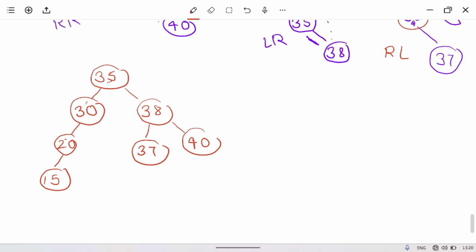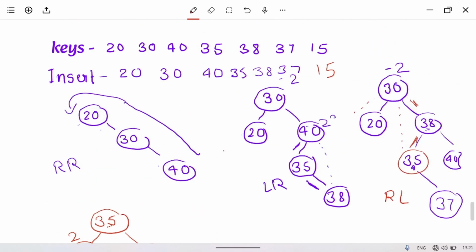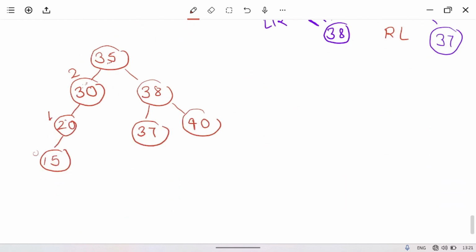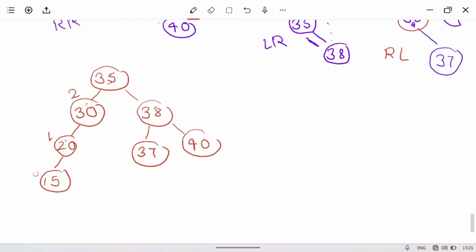After insertion we will calculate balance factor, okay. Balance factor 0, here 1, here 2. So this node become imbalance, okay. We will calculate other also, but in this case how two node become imbalance. But first what we have checked, this is the nearest ancestor after insertion. So first try to balance this one. Again in this case also only this node is imbalance, so we will balance it.